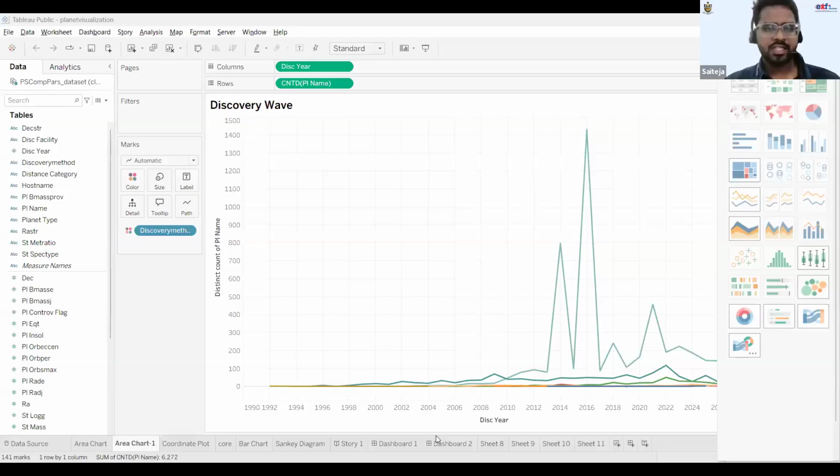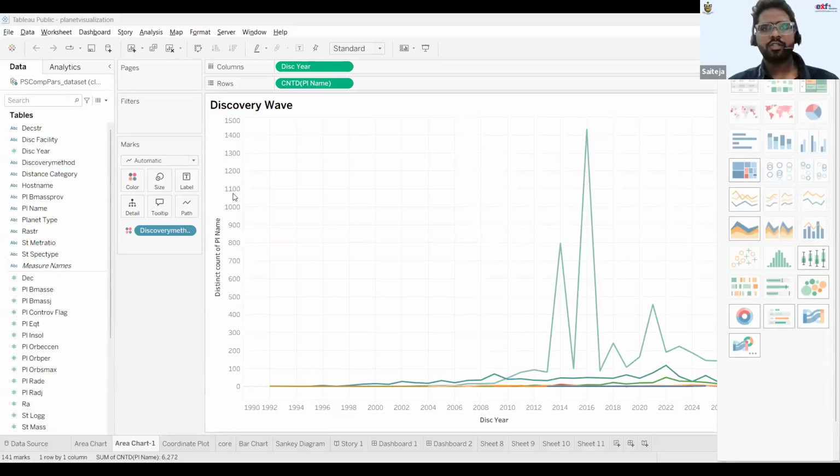Alright. So let's see, it's the same data which we have worked with in Python. You can get to know all the things regarding the planet name, planet type, in which area it has been discovered, what discovery method has been utilized, and the distance categories, or how far they are and how clustered they are regarding grouping, right?